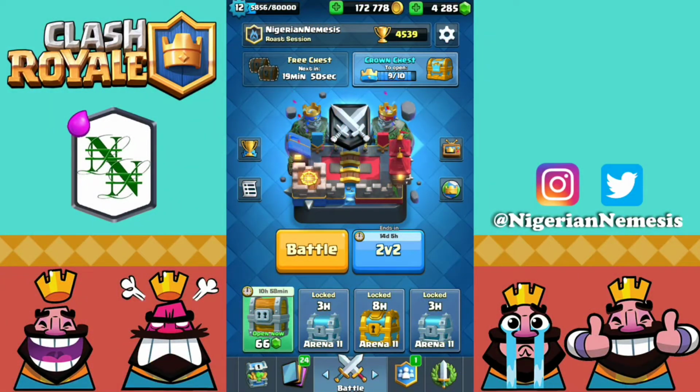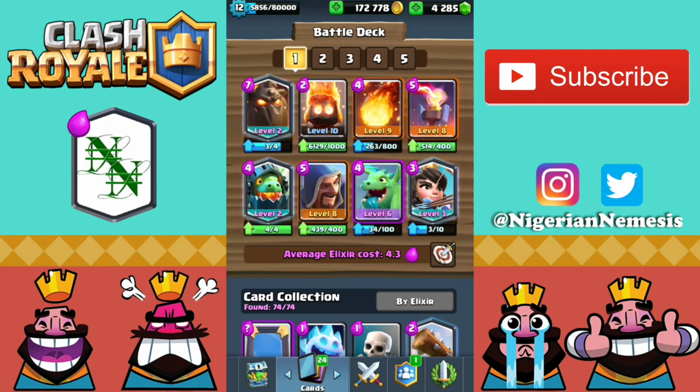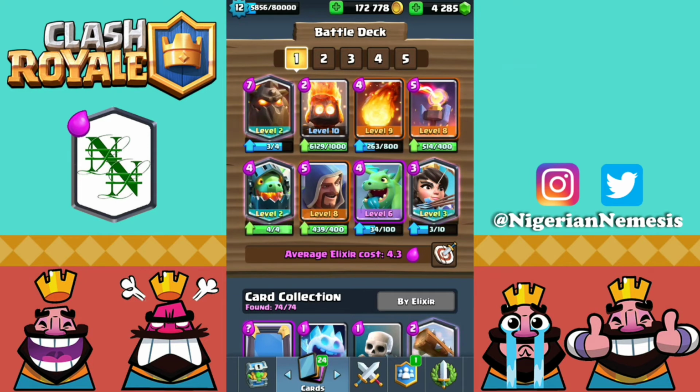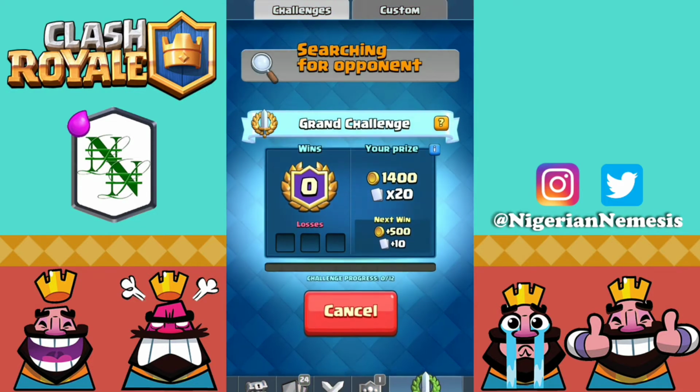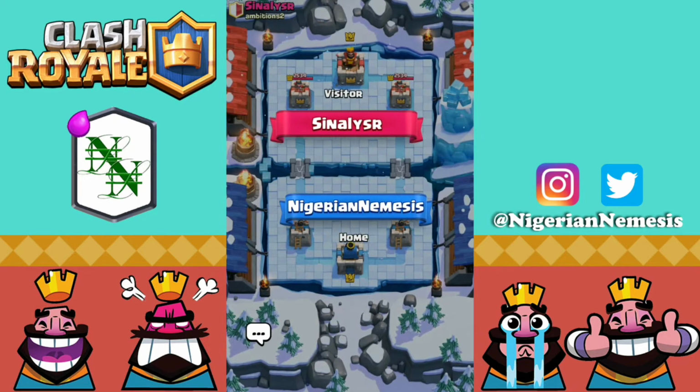Hey! What is up, guys, and welcome back to the Roast Session Central. I'm the Nigerian Nemesis, and in today's video, we are going to be rocking an all-fire deck. Every single card in this deck produces some straight fire, headed by the Lava Hound, and we have both dragons in here as well, so very good on support. It destroys tank decks because it has the Inferno Tower and the Inferno Dragon. So let's hop right into the Grand Challenge so I can show you guys the amount of heat that this